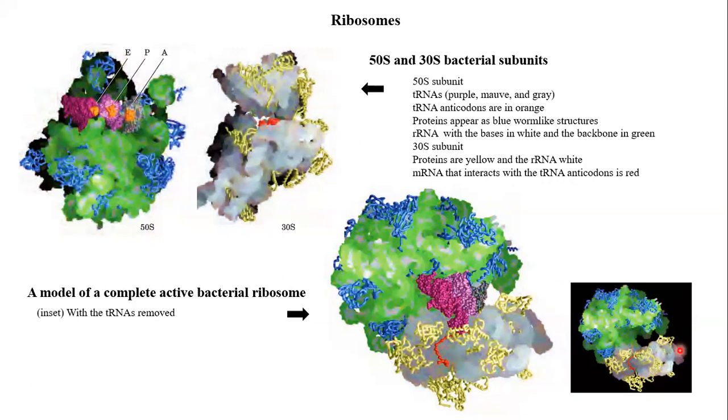Okay, so this is the cleft to which transfer RNA binds. Here is the cleft where the ribosome has the E, P and A sites, where the initiation, elongation and termination reactions take place. So remember the positions on the ribosome.